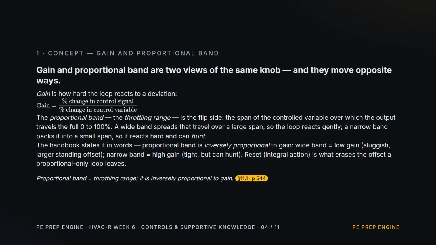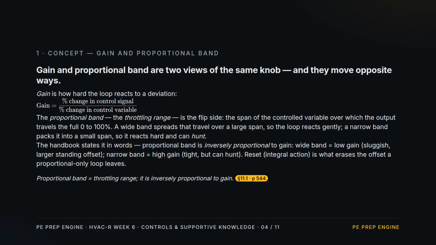Concept: gain and proportional band. Gain is how hard the loop reacts to a deviation, percent change in control signal over percent change in control variable. The proportional band, the throttling range, is the flip side, the span of the controlled variable over which the output travels the full 0 to 100%. The handbook states the link in words: the band is inversely proportional to the gain, so a wide band means low gain, sluggish, with a larger standing offset. A narrow band means high gain, tight, but it can hunt,